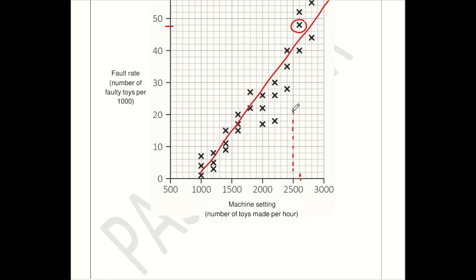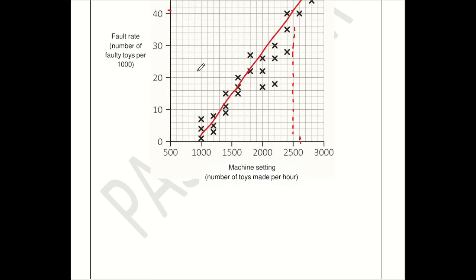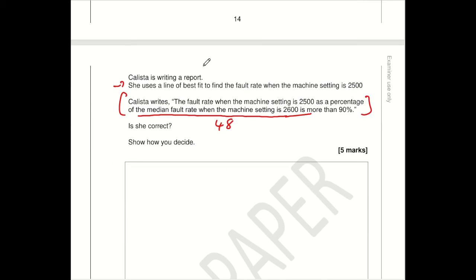2,500, if I take it up to the line, it hits it just here. In fact, it looks like it's between 40 and 42. Now yours may well go through 40, it may well go through 42, which is probably perfectly acceptable. So I'm just going to say that this is a 41. Okay, as I say, you may disagree with that, and that's totally fine. So basically the question is now,